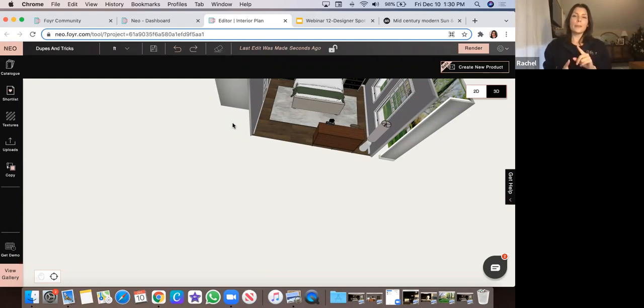So one thing that's coming soon is the ability to create curved walls in 2D mode, so that when you apply windows they'll take that shape. So that is something that's coming. Right now, that's a bit more complicated. So what I would actually recommend for that is use either create new product to create a curved wall, or